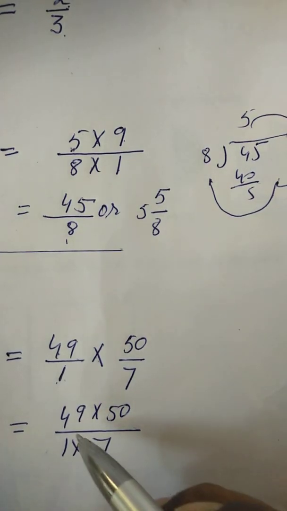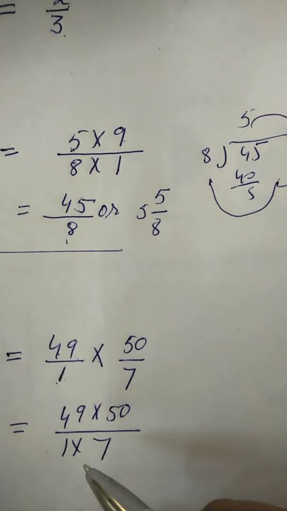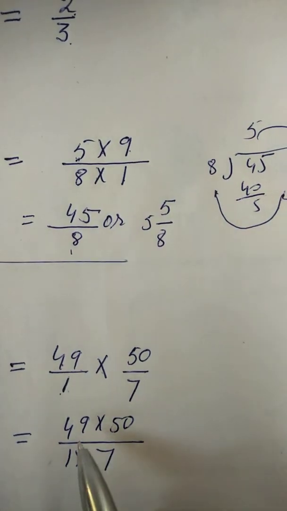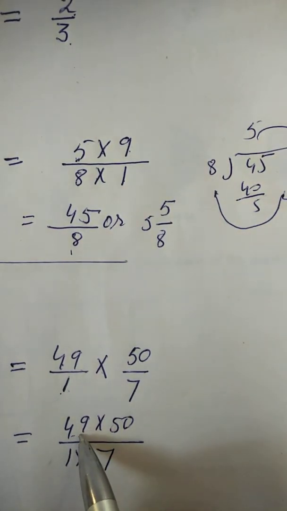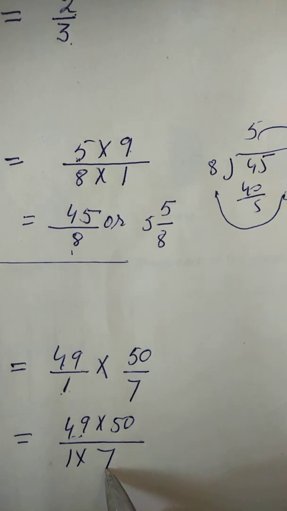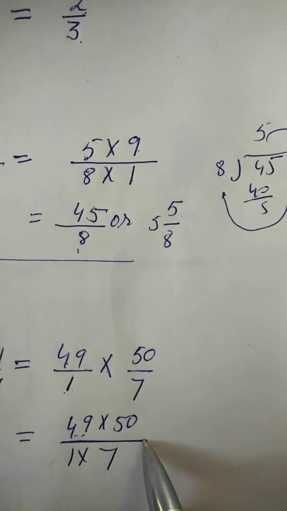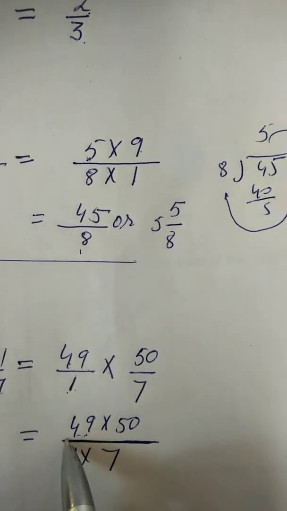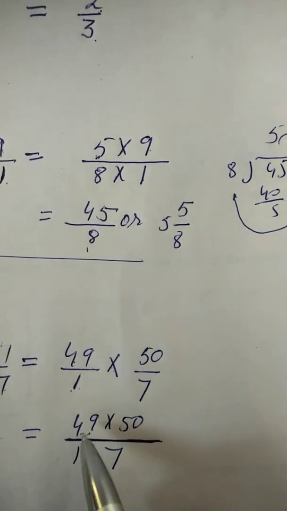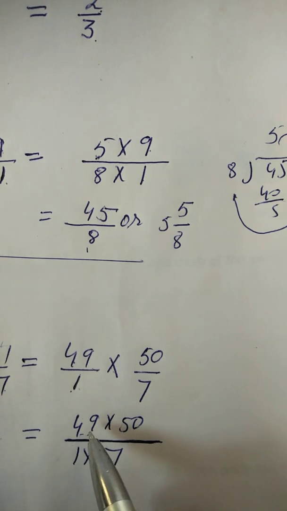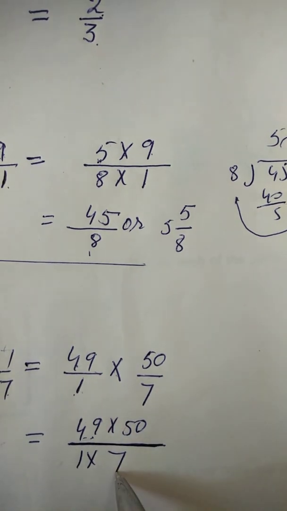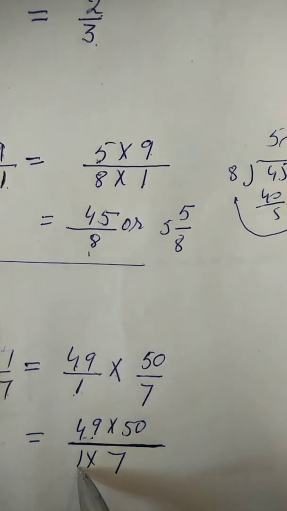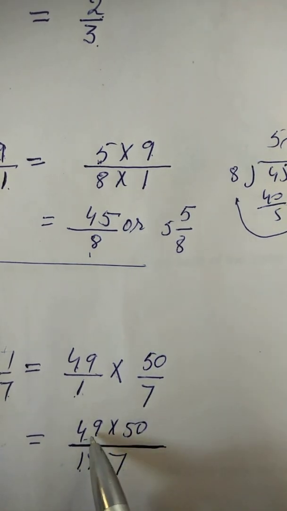Okay, you can reduce it or make it to the lowest term. Now just see that over here in the numerator, 49 and 7. Now remember, this line represents a division symbol. It's a division line, which means you can read it as 49 divided by 7 also, or 49 divided by 1, because both 1 and 7 divide 49 and 50 also.